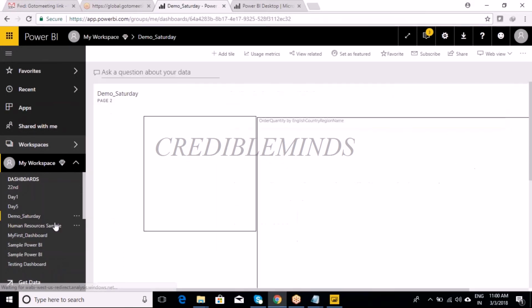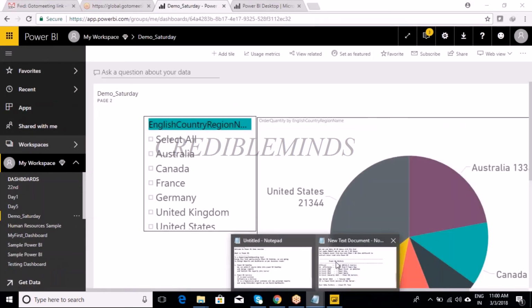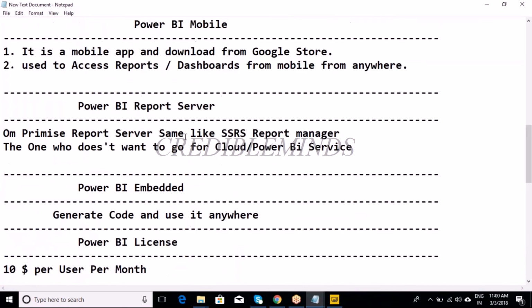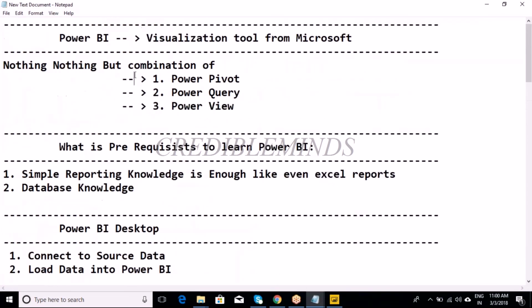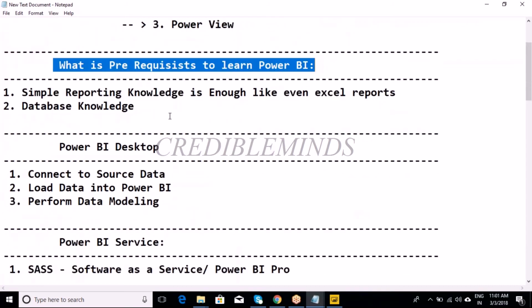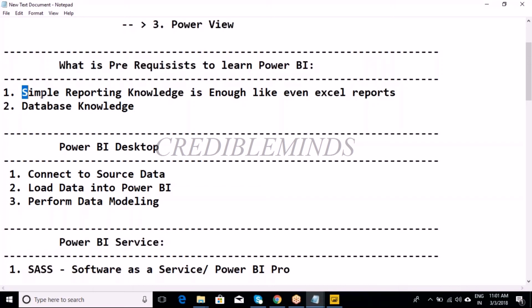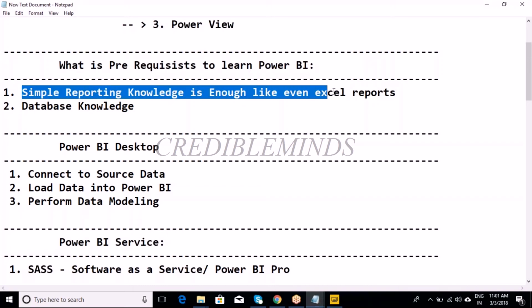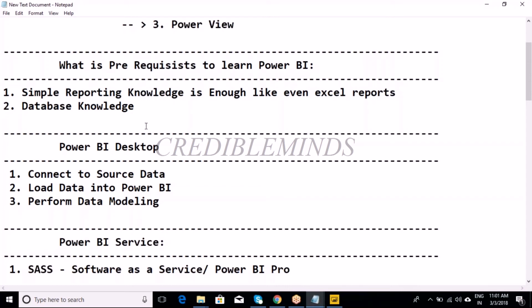Power BI service, we have a very good feature. So that's how this came into the picture. Power BI is nothing but this one. So what is the prerequisite to learn Power BI? Anybody can learn it if you ask me, but the only thing is you should know at least simple reporting knowledge. If you don't know, I will make sure that you will understand from day one itself,